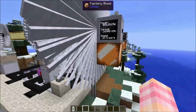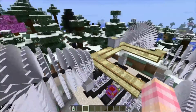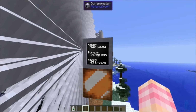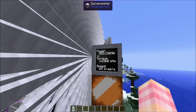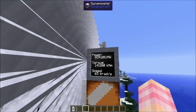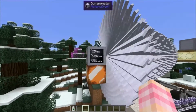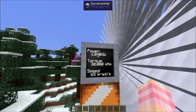So right here, we see that this reactor running on water can power 2 turbines, just like the other reactor, which is also powering 2 turbines. But if we look at the dynamometers, you'll notice a very distinct difference. This dynamometer has the turbine running at roughly 14 to 15,000 Newton meters of torque to produce just under a megawatt of power. Essentially a megawatt. If you averaged it out over time, it would be just shy of a megawatt. However, this one is running at about 30,000 Newton meters of torque and producing about just under 2 gigawatts at